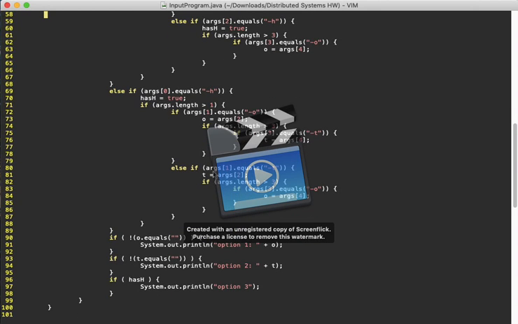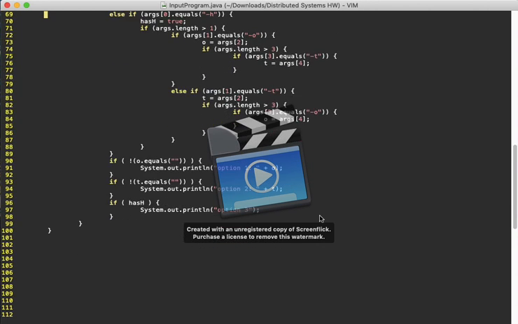And else if our args[1] is -T, we put args[2] into our T string, and then check if the length is greater than 3. And then if args[3] is -O, then we put args[4] into our O string. And then lastly here, we check if